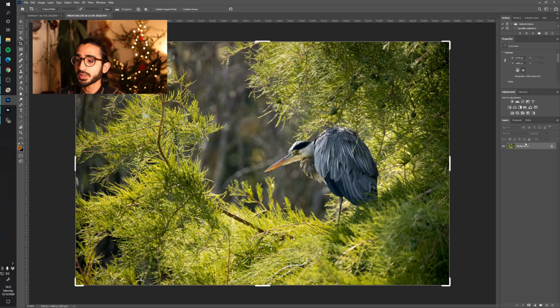Now you can either duplicate that layer and work on that, or you can just use adjustment layers. So there's these buttons here, which are adjustment layers. I am going to go for some color adjustments in this image. So I go with color balance. That's generally how I start my color work. And I tend to start in the shadows